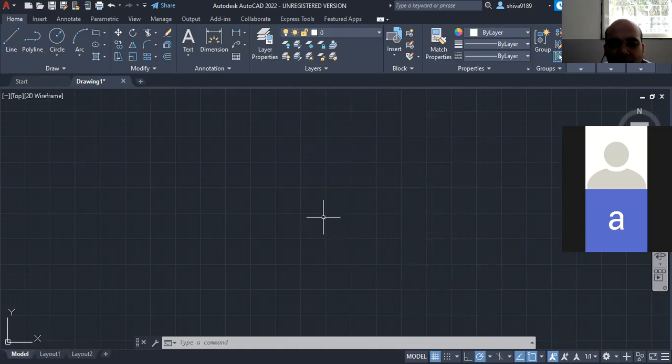You will get a prompt in your command screen to specify the lower left corner, which you will provide as 0,0. Enter. Now they will ask you the upper right corner.